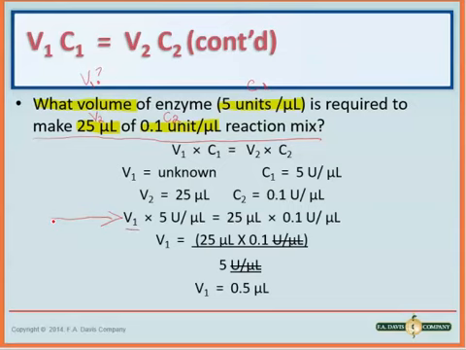This step here is just plugging everything into our formula. Our unknown is our V1. Our C1 is our 5 units per microliter. Our V2 is our 25. Our C2 is our 0.1 units per microliter. So then we can solve our equation. I'm going to write the steps over here to the side. So we've got our V1 times our 5 equals, and you can go ahead and do your 25 times your 0.1, and that's